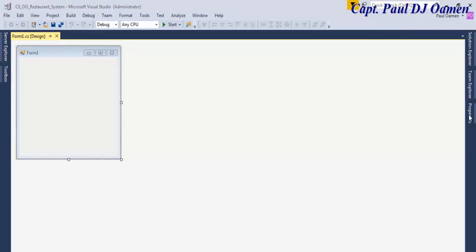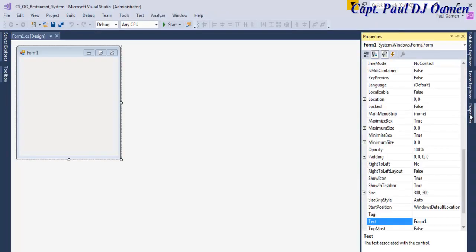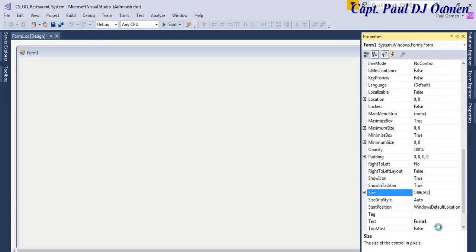Now that the form is ready, I'm going to define the size. So let's make the size to be 1386 by 800. And right here where we have text, let's change that to restaurant management system. Okay, there we go. So the next thing I'd like to do is let me add